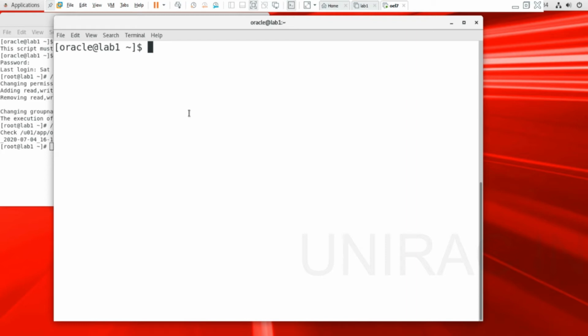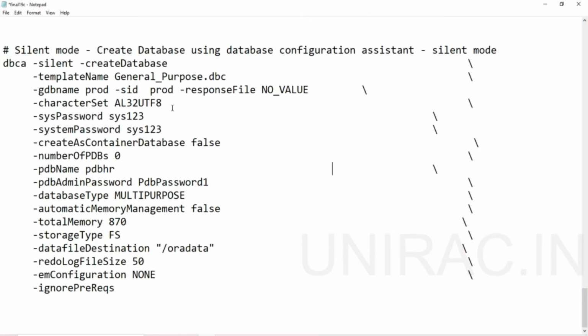It's not graphical. You can execute from PuTTY, or from the terminal, whatever terminal you are using, F-Secure or Linux terminal. Without a graphical user interface, we can execute this command to create and configure your 19C database and instance. So let's see the command. We'll walk through this command with the dbca option, silent method. We are going to create a database with the argument, and it uses the default template, general purpose.